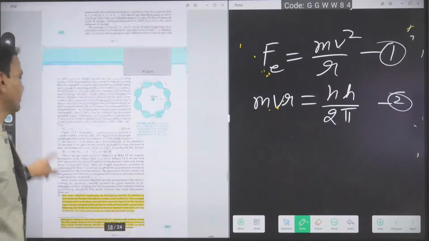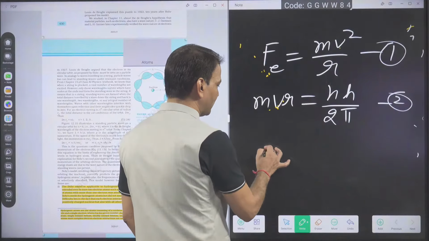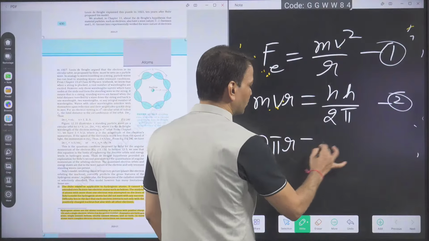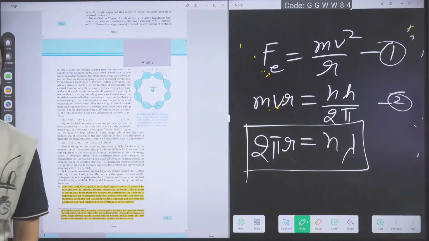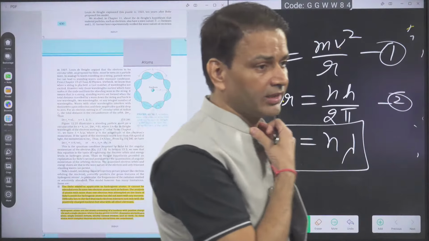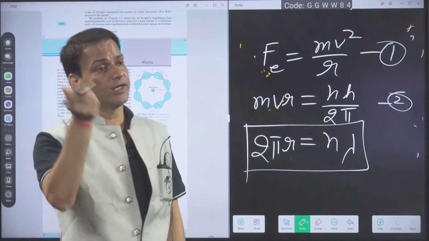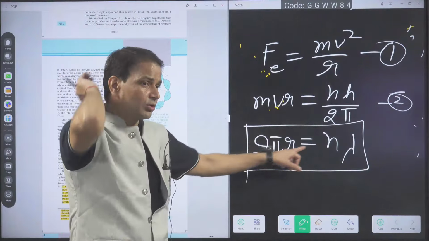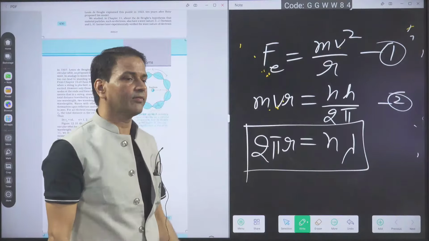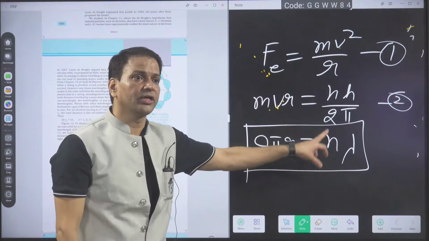De Broglie hypothesis means what? The circumference of the electron orbit, that is 2 pi r, is equal to n lambda. This you have to remember directly. If they are asking what is the wavelength of the electron in the third orbit, and the radius is given, you might think lambda is equal to h upon mv and find the velocity in the third orbit, but that is not required. If the radius is given, the circumference is equal to n lambda. So if I give the radius of the third orbit, 2 pi r is equal to 3 into lambda, and I will directly get the wavelength of the electron in the third orbit.